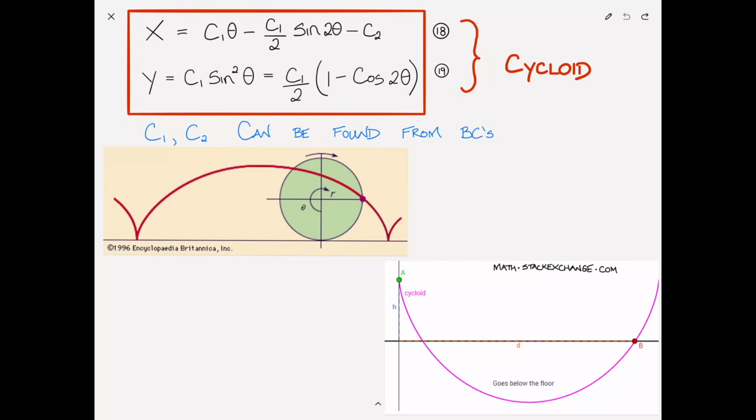Before we leave, I mentioned I would talk a little bit about the Tautochrone problem later. The solution to the Tautochrone problem also happens to be a cycloid, and what the Tautochrone problem looks for is the shape of a curve such that no matter where on the curve the marble is released, it will get to the bottom of that curve, the lowest point of the curve, at the same time. So in this case, all 3 of those red marbles will hit that red line at the same time.